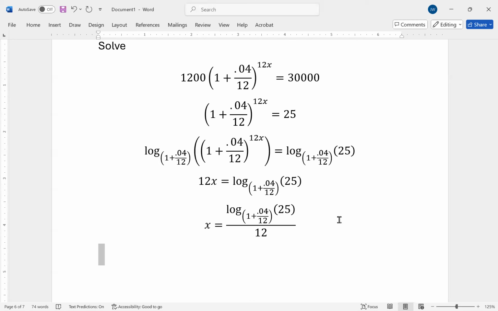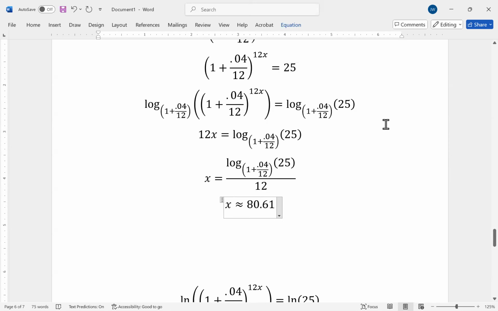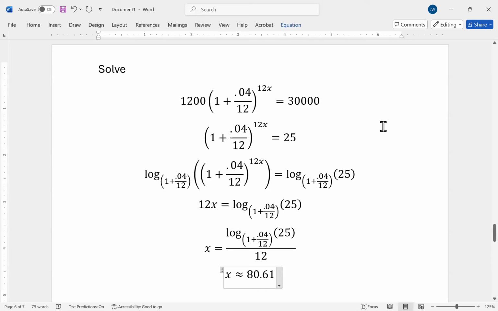We end up getting, again, approximately that same number. These are the same values. So we get 80.61 if I round to 2 decimal places. Once again, plug it in to my original equation if I want to check my answer. So there you go. We have 2 ways that we can solve these log equations, or these exponential equations